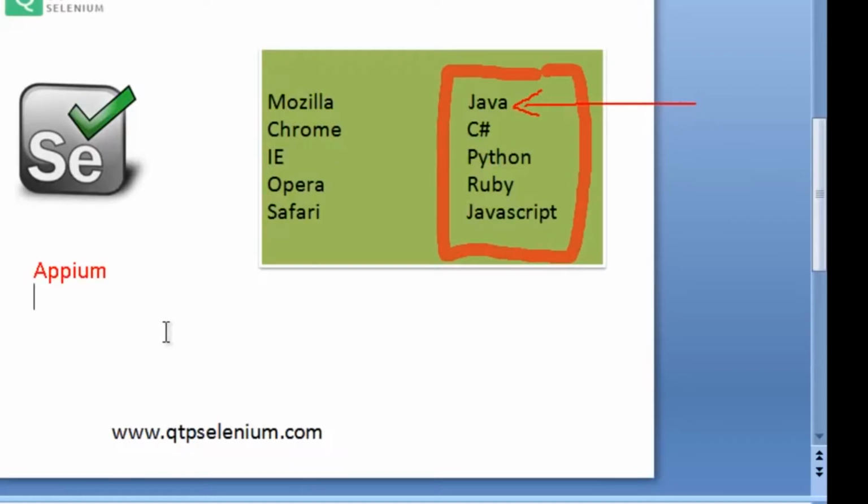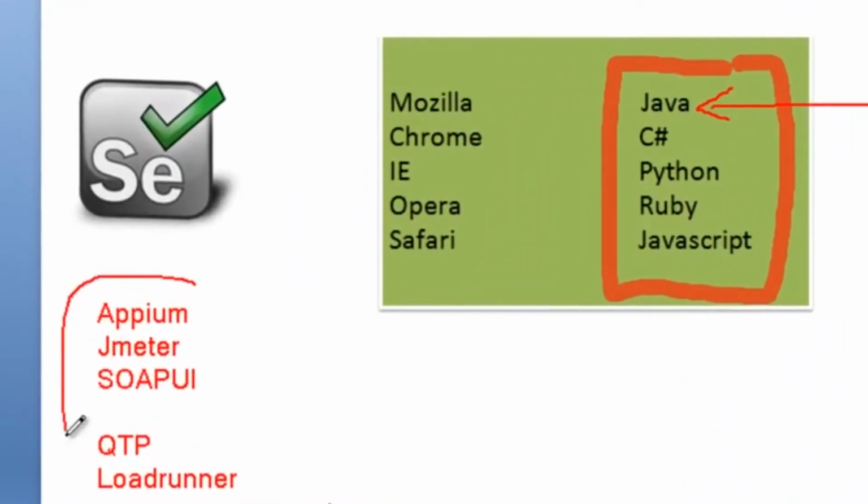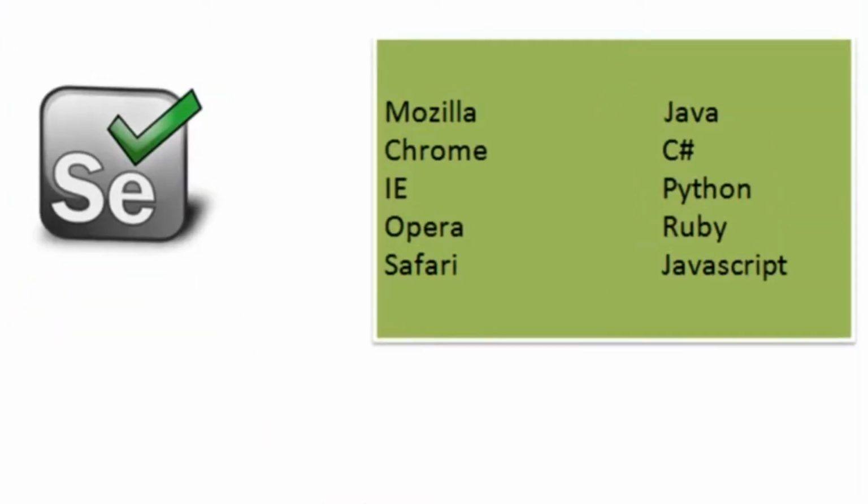And moreover, if you learn the programming language in this course, and later on you want to learn any other tool like Appium, which is for mobile automation, or JMeter for load testing, or SOAP-UI for web services testing, or even other tools like QTP, which is a VB script based automation tool, or Load Runner, which requires Objective-C, then learning all these tools becomes really easy because you have some background of programming. The market is changing every day, new things are coming up. You have to learn new tools as well.